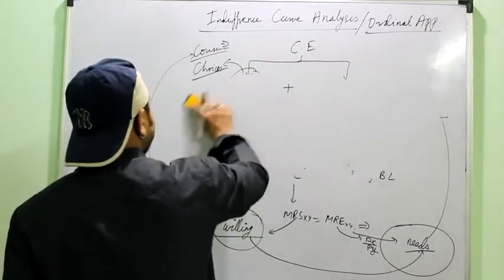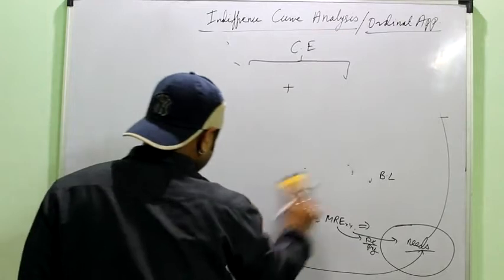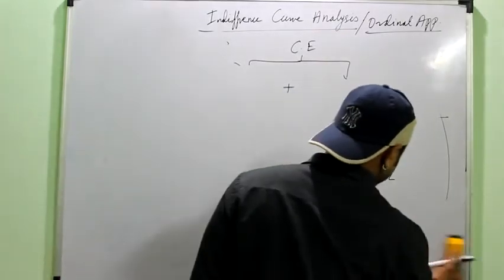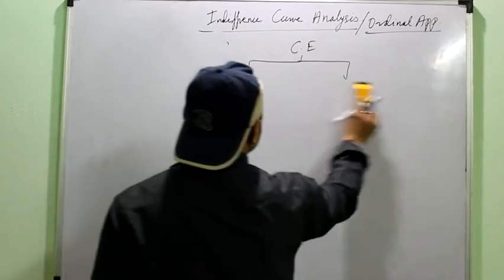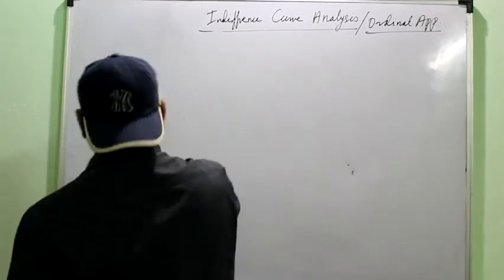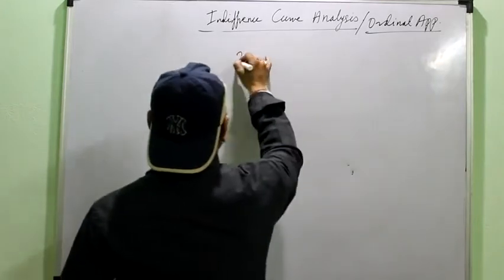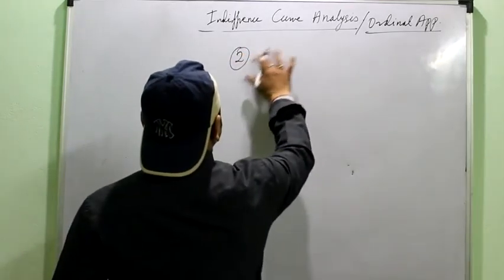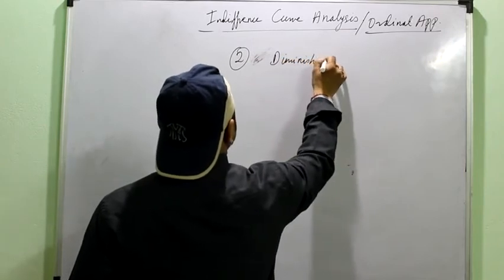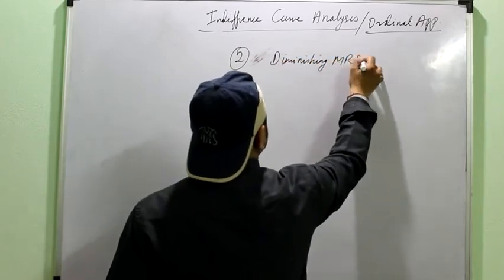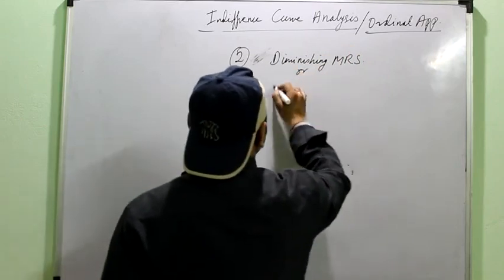Then there is one more condition, that is the second condition of the consumer's equilibrium. If a general question is asked, explain consumer equilibrium, you need to explain both the conditions. Second condition is diminishing MRS, or you can say that IC should be